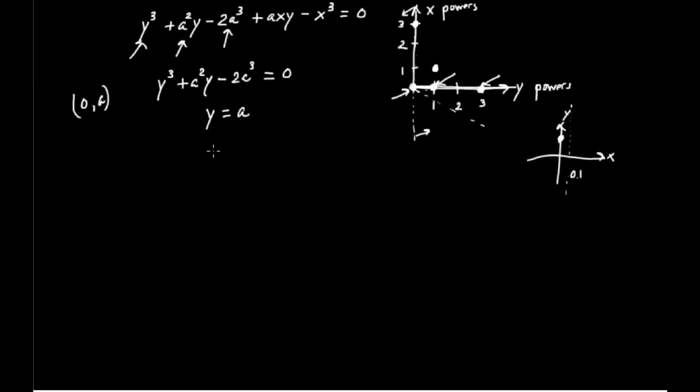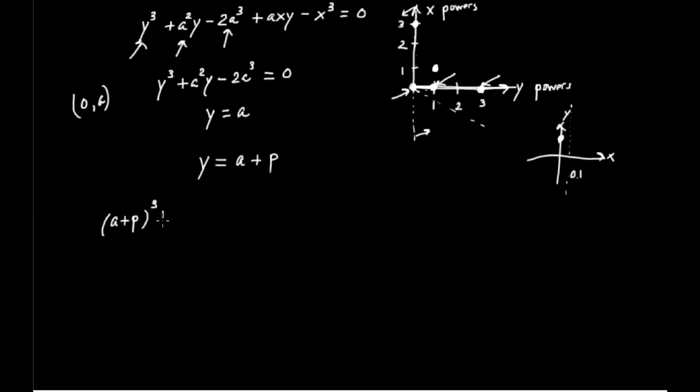So what I'm going to do now is use that concept that I was suggesting before. I'm going to modify this solution, this a. I'm going to turn it into a plus p for some unknown value p. And now I'm going to substitute that y back into the original equation. So I'm going to substitute a plus p into y. And what I'm going to get, let me just write this out,